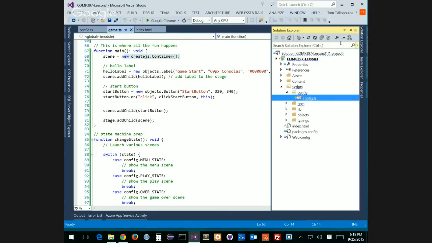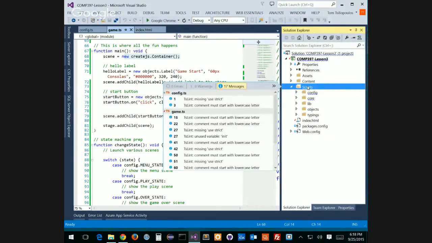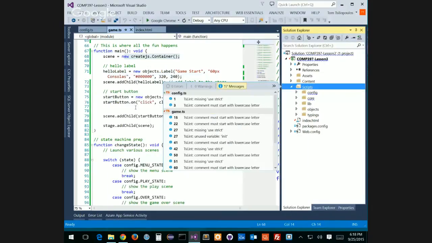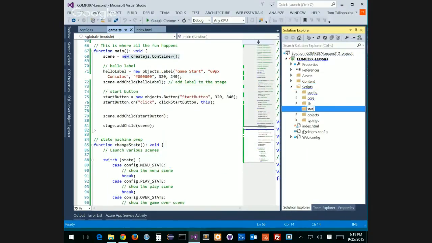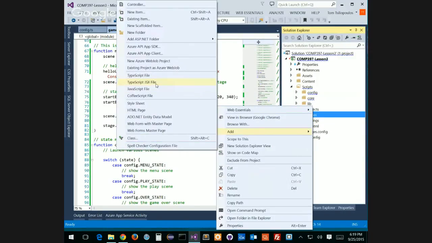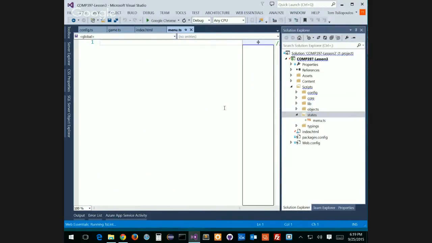If you go to my solution, I need another folder inside my scripts folder as we're building out our folder structure. I'm going to right-click on my scripts and add another folder. Here's my new folder called states. And inside my states folder, I'm going to add a new TypeScript file called menu. In my menu state,